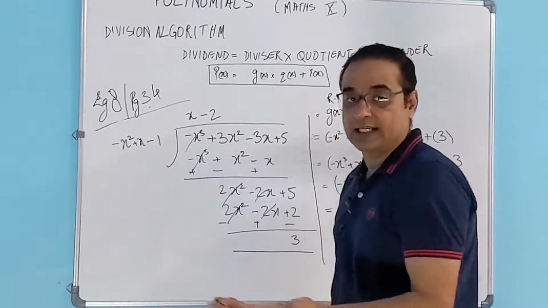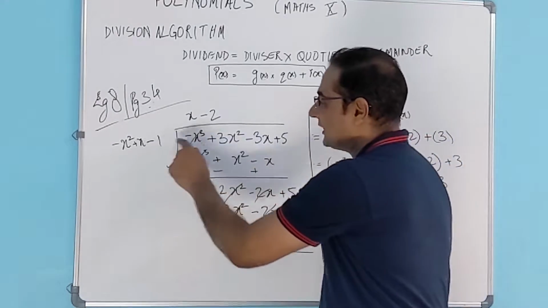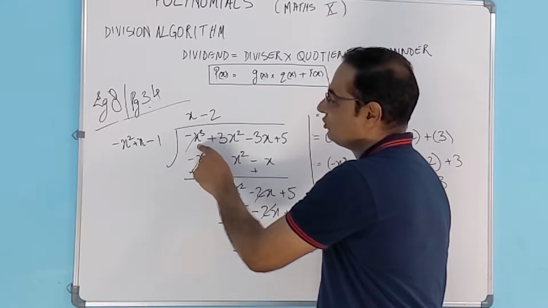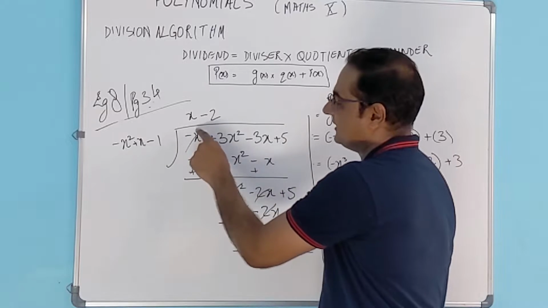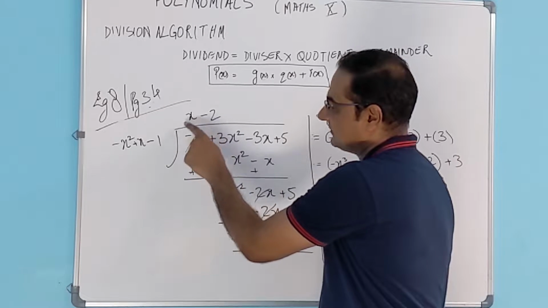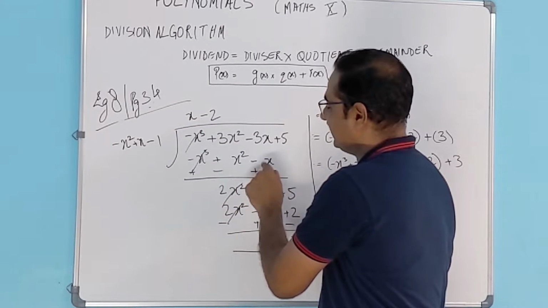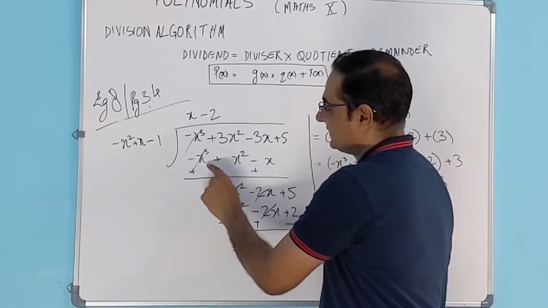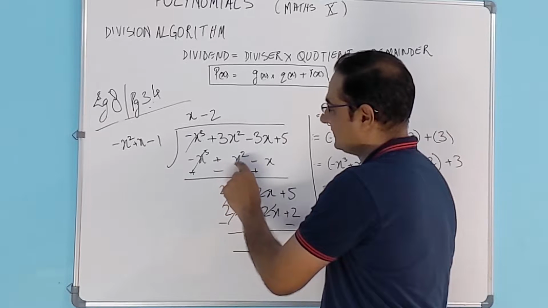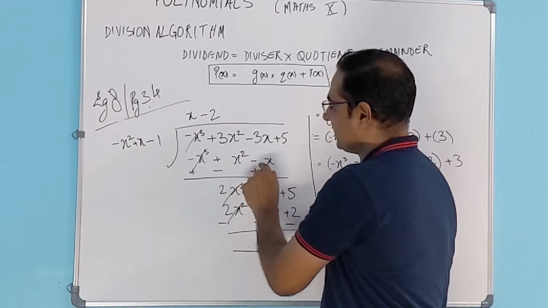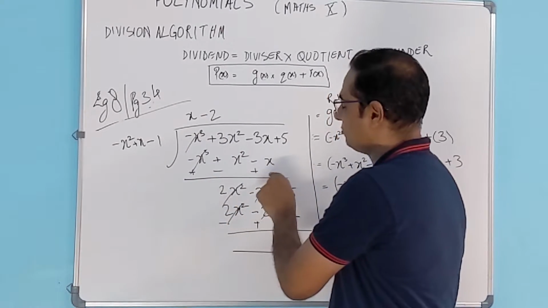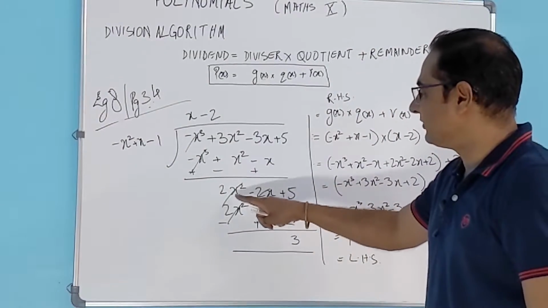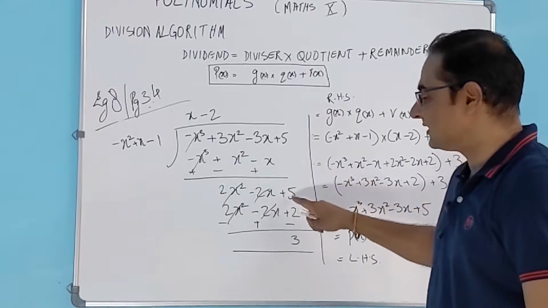How do we do that? As we have learned earlier, we look at the first term to eliminate. This is minus x square, this is minus x cube. So what do we need to multiply this with? x. And once we multiply this by x, we multiply all the terms and write it over here. So it's x square multiplied by x is minus x cube, plus x into x is plus x square, minus x. And since we need to subtract this term, we reverse the signs of these. And what are we left with? 2x square minus 2x, and 5 will come as is.